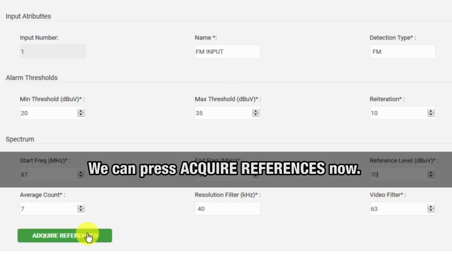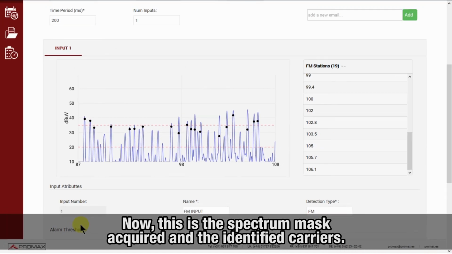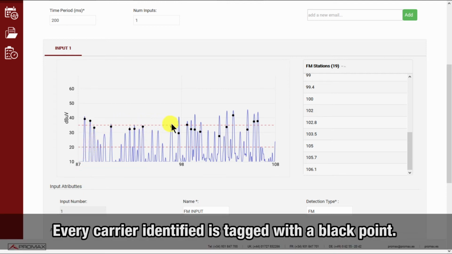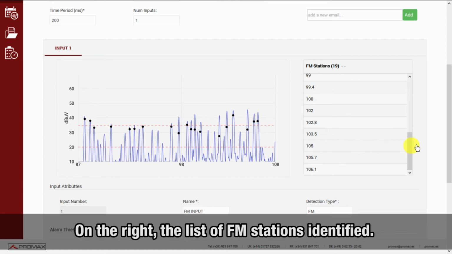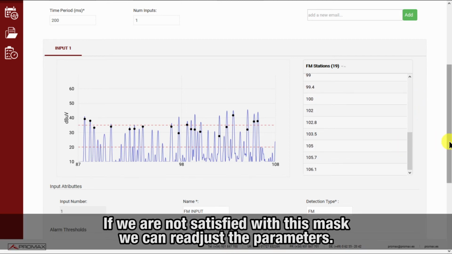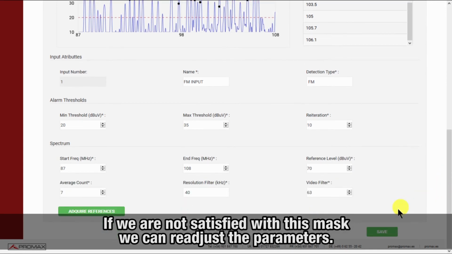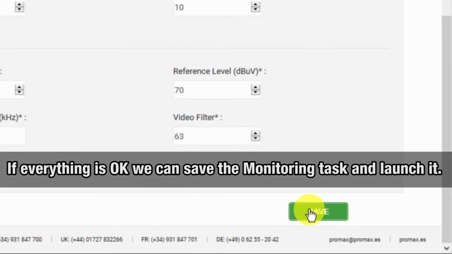We can now press the Acquire References button. We will be displayed the spectrum mask acquired and the carriers that have been identified according to the parameters defined previously. Every carrier identified is tagged with a black point. On the right, we can see the list of FM stations identified and their frequencies. We can now adjust again the reference acquisition parameters if we are not satisfied with this mask, or once we are, save the monitoring task